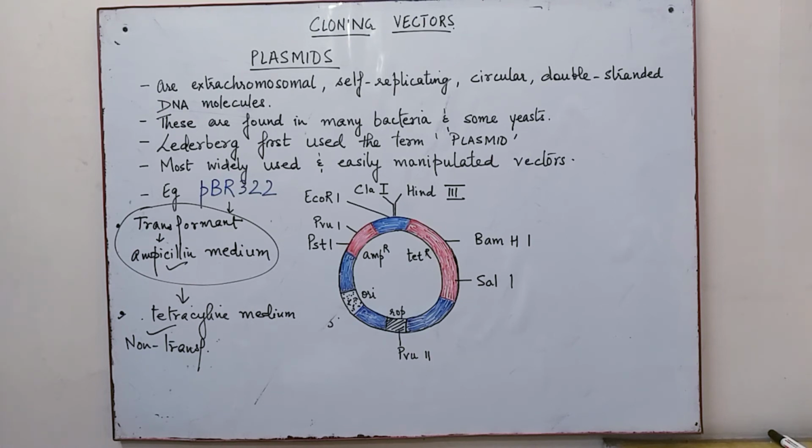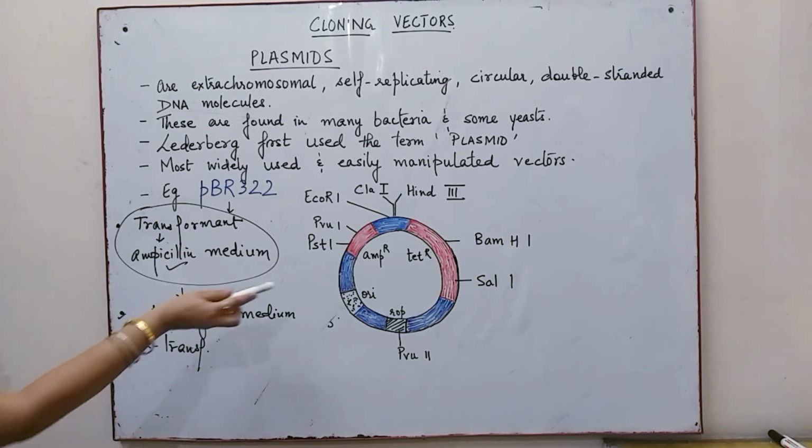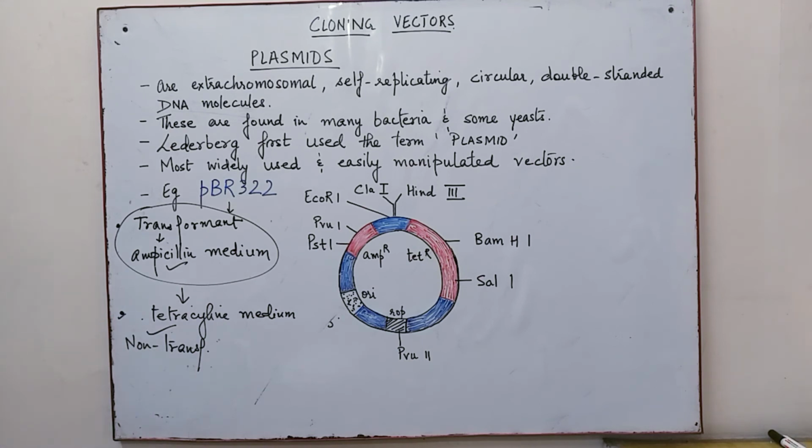Now, another is it's a cumbersome process because there is a simultaneous plating on two plates having different antibiotics. These are the two different antibiotics and these have to be plated. That means grown in the agar. Actually, it's an agar medium containing ampicillin and tetracycline. To overcome this problem, selective markers are developed which differentiate recombinants from the non-recombinants on the basis of their ability to produce color in the presence of chromogenic substrate.